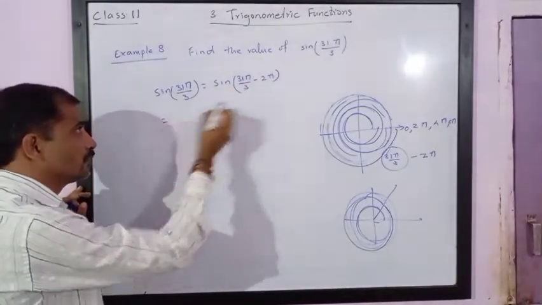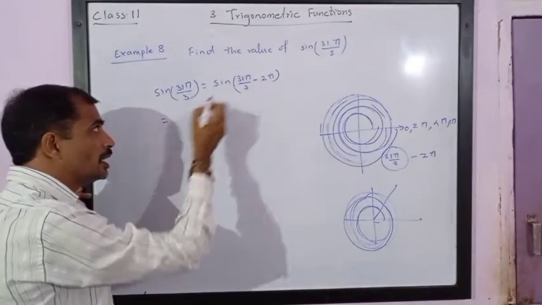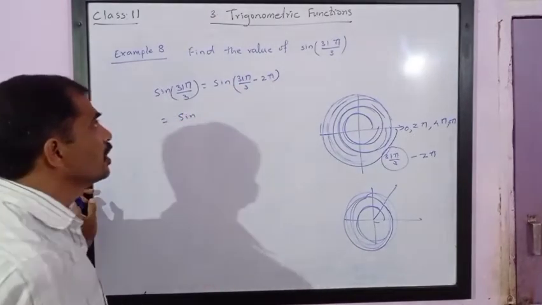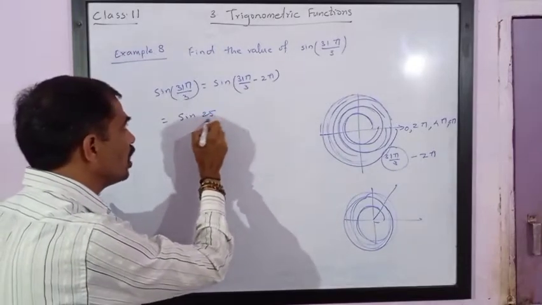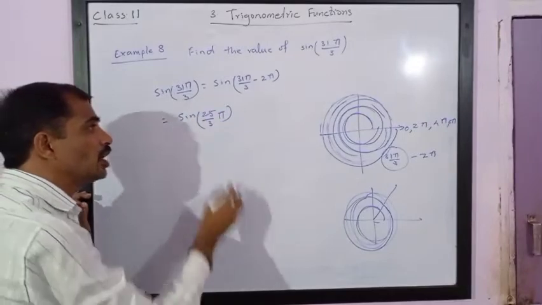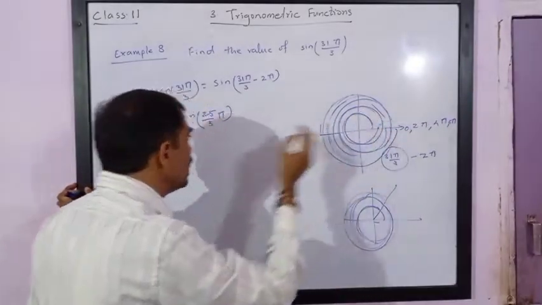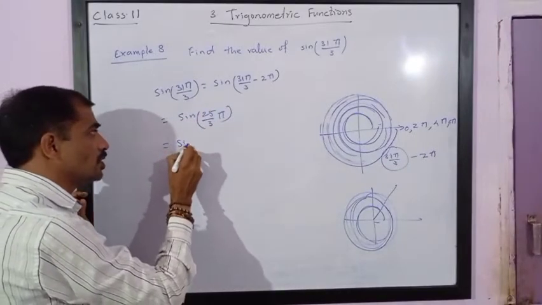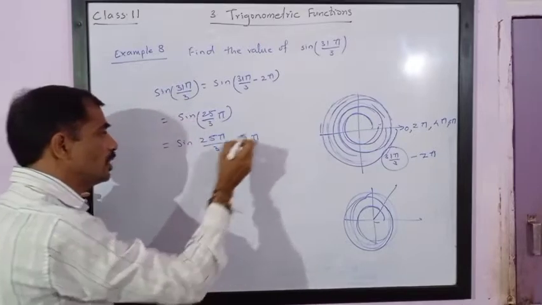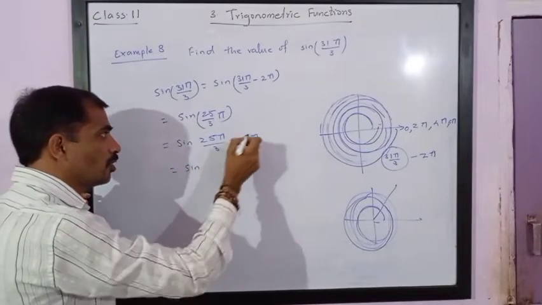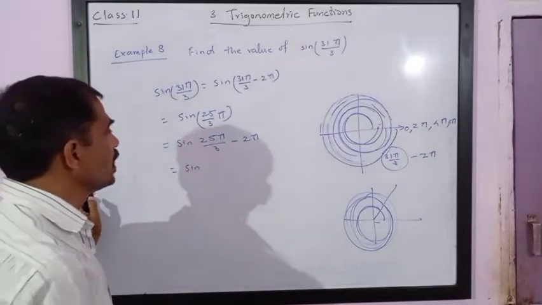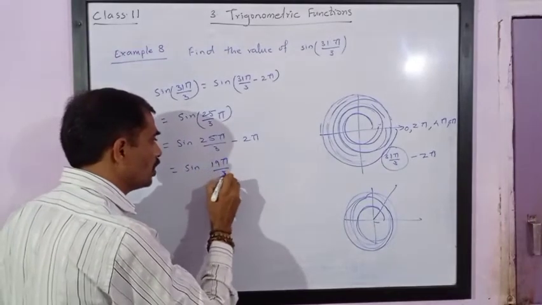So this is equal to 3 times 6, 31 minus 6, sine of 25π/3. Again, if we move one exact circle back, we have to subtract 2π. So this is equal to sine of 25π/3 minus 2π. If you cross multiply you will get again 6π, so this will be 25 minus 6, which is 19π/3.